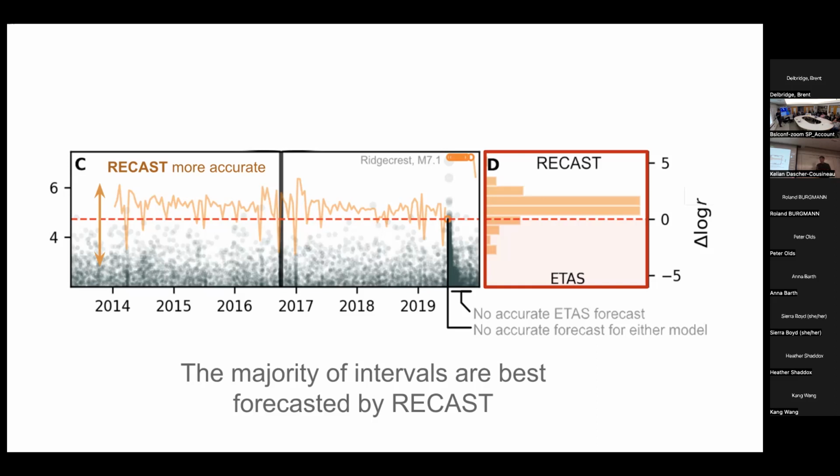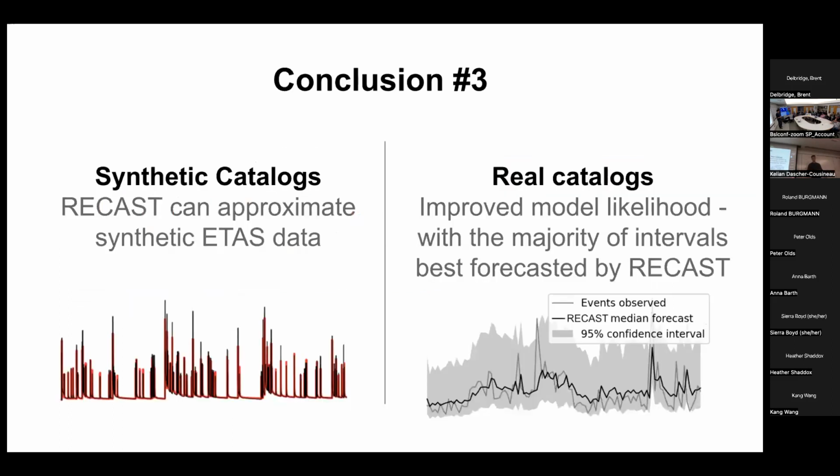We did this comparison. I'm not sure I have it easily accessible. Maybe I can show that. And the rate of surprises is 3 times smaller for the recast model. And I think that's quite important because as a governmental agency, for example, you don't want to lose face. And so that's an example of a pretty practical difference if you're an operational agency. So this is an example of what the confidence intervals look like. Those are the 95% confidence intervals and the median prediction.